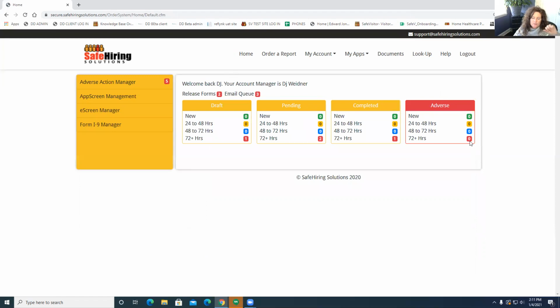Adverse action, or I'm sorry, adverse reports. Any report that has any type of adverse information, criminal history information, will flow into this category. It is very likely that if somebody is completed and they have adverse action, you're going to not only see them here, but you're also going to probably see them over here in the adverse file. This is just something to give you visibility that you have reports that have some background information that need to